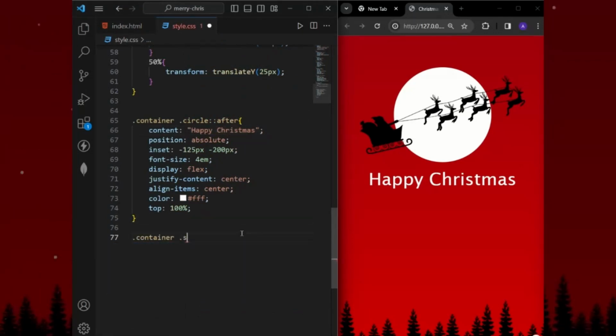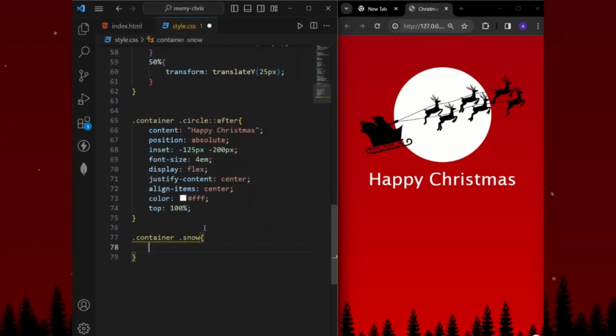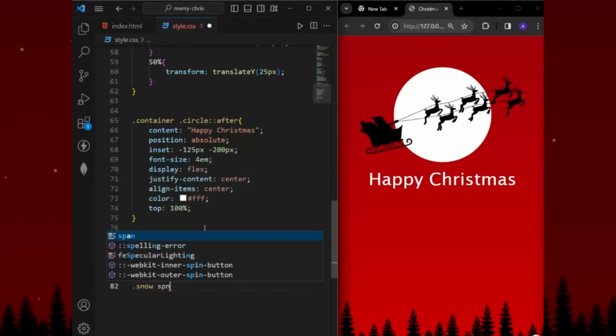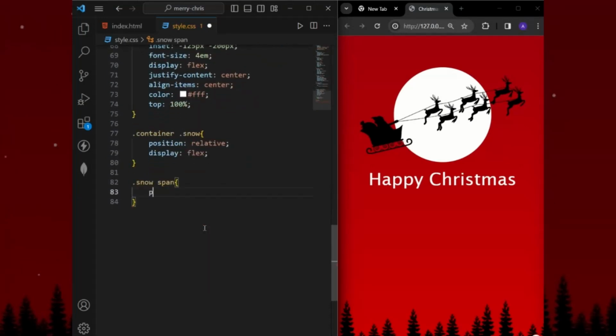.container .snow. We are giving the CSS to that snow div which we created here. We will give position as relative, display as flex, then moving forward, .snow span. Now we are giving the CSS to that span tag, position as relative, display flex. Okay, now moving forward,